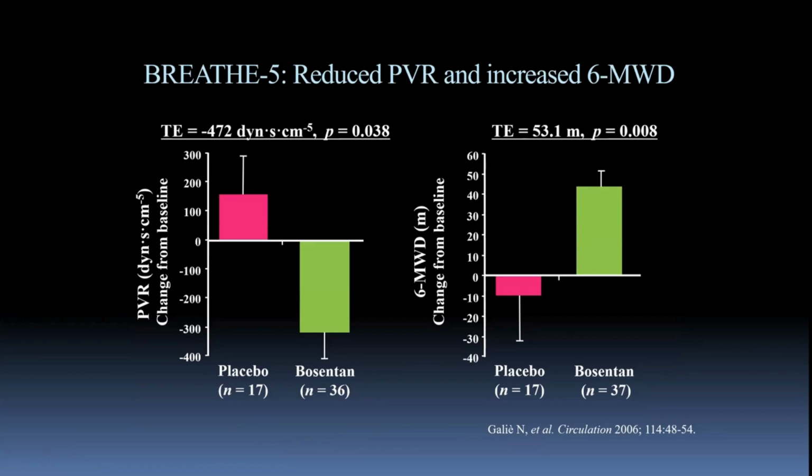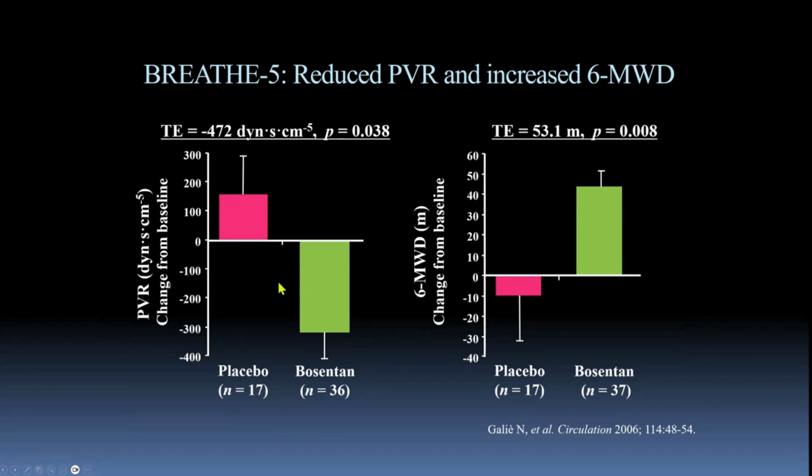Fortunately, we have therapies now, and the strongest data still is from Circulation 2006, the BREATHE-5 study, which used bosentan, showing a statistically significant and hemodynamically significant reduction in pulmonary vascular resistance, even though if you look at the data, the average PVR goes from around 35 to 30 Wood units, so nowhere near able to close the effects in Eisenmenger patients,